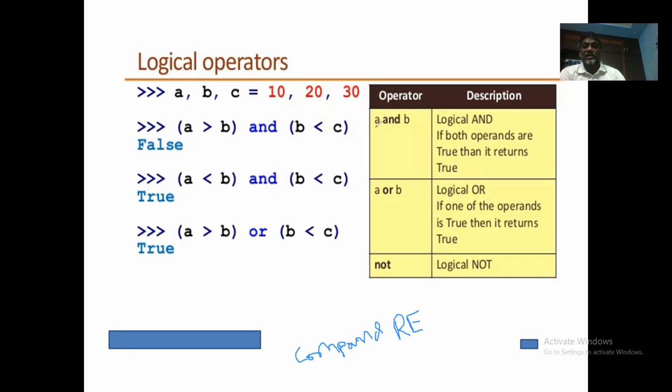Okay. Now let us understand the logical operators. There are three categories of logical operators. The first one is logical AND, second one is logical OR, and third one is logical NOT. Of course, this is a unary operator, and the first two categories are binary operators. Okay, so you should understand the truth table of this AND and OR. So you know this very well. Okay, for example,